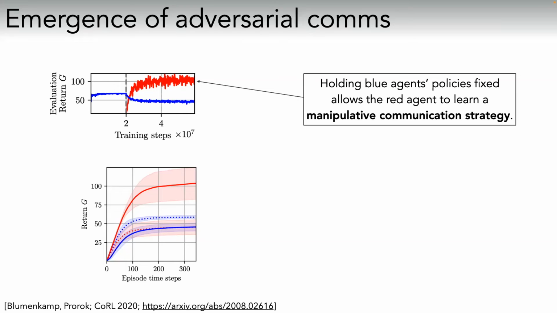And we did something very, very simple. In order to see whether we could incite a different type of behavior, we decided to create 2 robot teams and alternate the training procedure. So we had a blue team and a red team, and we decided to train the blue team to do cooperative coverage. So the blue team learned a cooperative communication strategy. We then fixed that strategy, and then we introduced a new agent into the system, keeping the blue agent strategies fixed and letting the red agent learn.